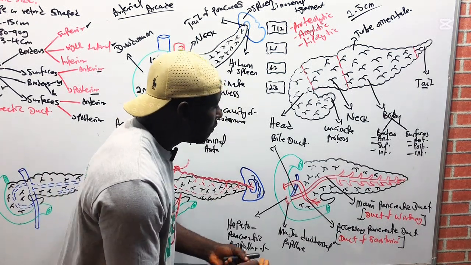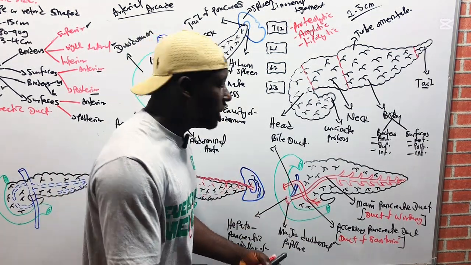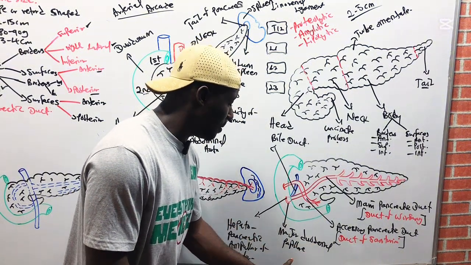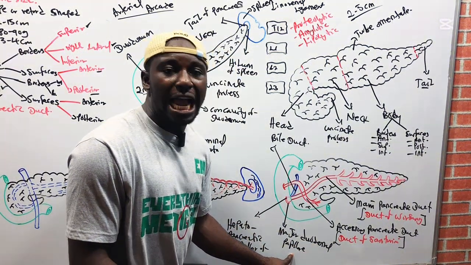Now, the pancreatic secretion into the duodenum through the major duodenal papilla is regulated by a sphincter